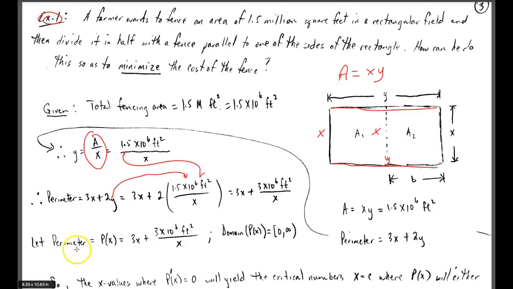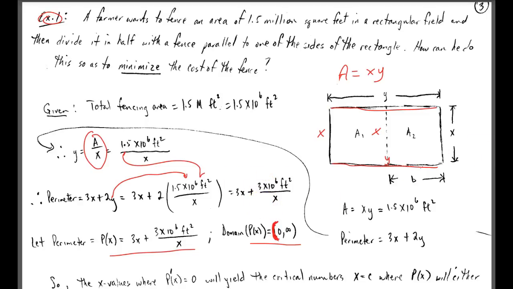Then we let the perimeter function be this, where the domain of that function, from how we've modeled it so far, will be, really it shouldn't be a bracket here, it should be parentheses, from 0 to infinity,